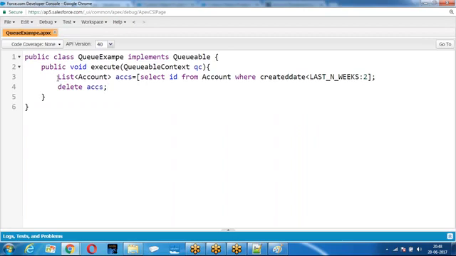So if you want to run any class like a Queueable class, the class implements Queueable interface and has to define a method called execute. Then how do you run this? This is only a class. How do you run this?